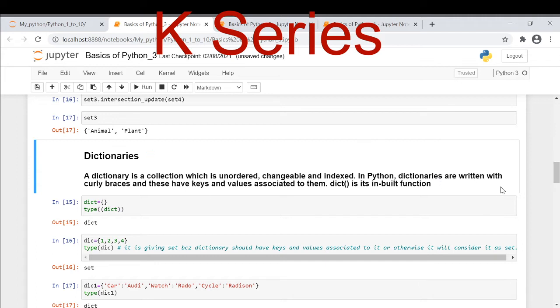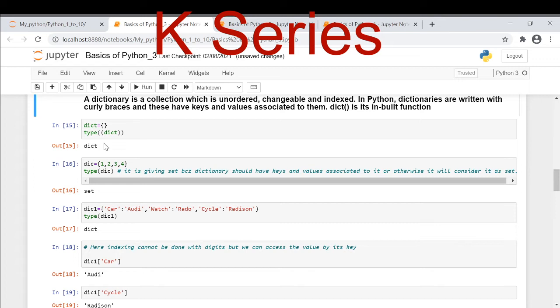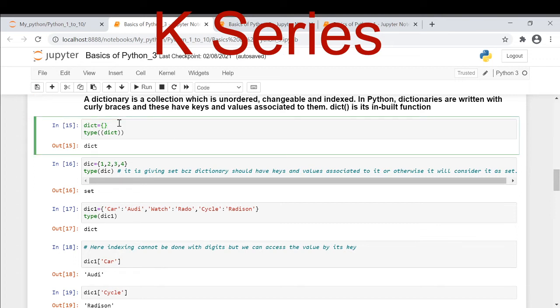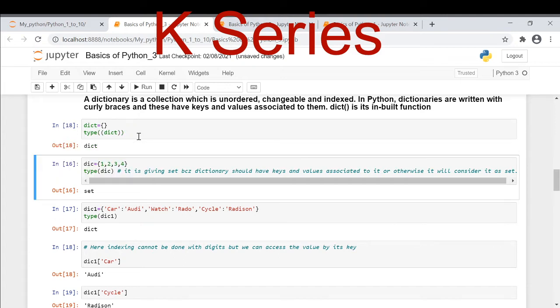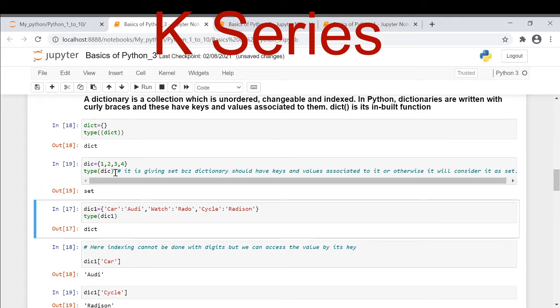Now here I am using dict. As you can see on my screen, I have used dict, and I have used the type function so as to get its data type. What exactly is it showing me? Yes, it is showing me dict. Now I have added 4 elements into my dict, 1, 2, 3, 4, right? I have used one variable name dict and I have given 1, 2, 3, 4. And when I want to get the data type of it, what exactly is it giving me? It is giving me set.